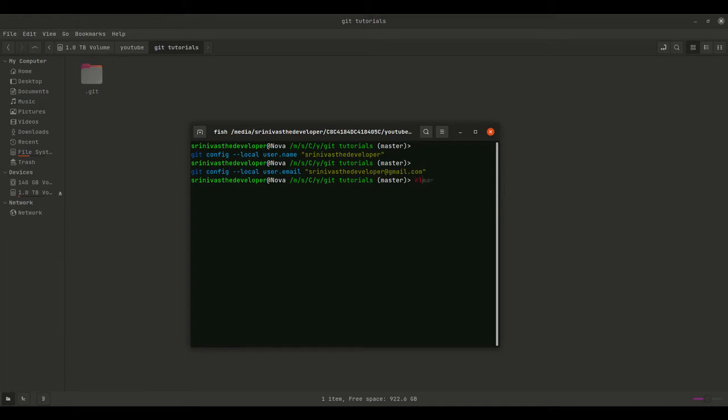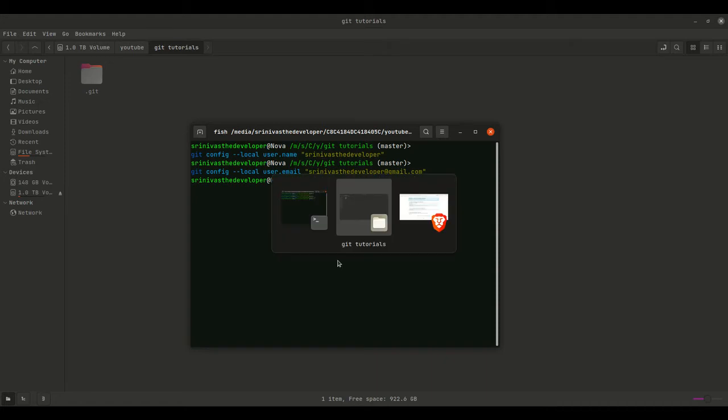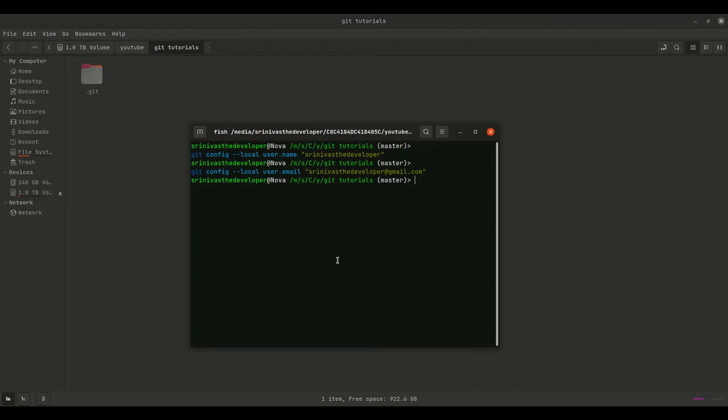After that, you just need to create an SSH key if you are using a Linux machine. So for that, you just need to type ssh-keygen -t rsa -b 4096 -C your mail ID. So if you have done that, it will create a pair of SSH keys, and once you have created with the default place, it will show some